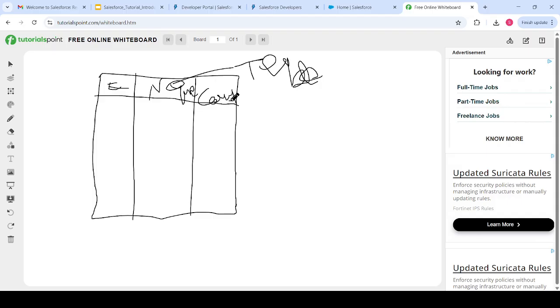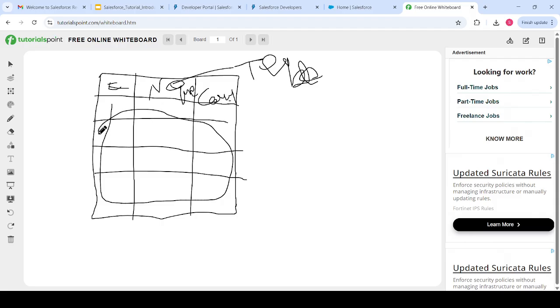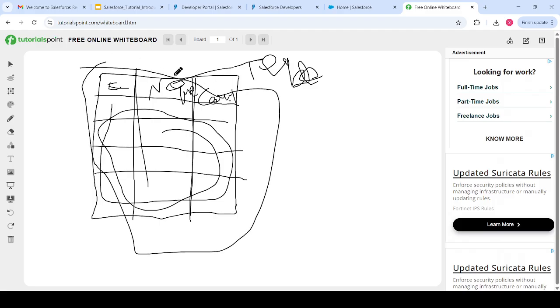In the different columns we can store different values, and the values will be stored in a row. So the records are stored as a row. This section is called a row, this section is called a column, and the whole thing is called an